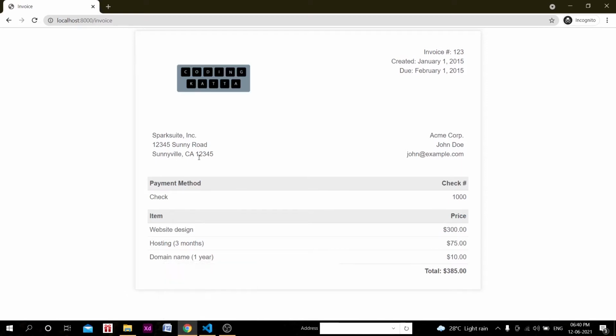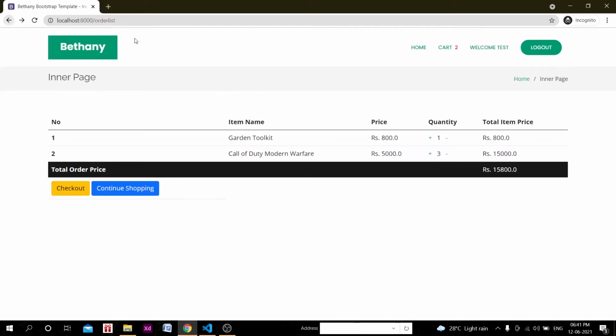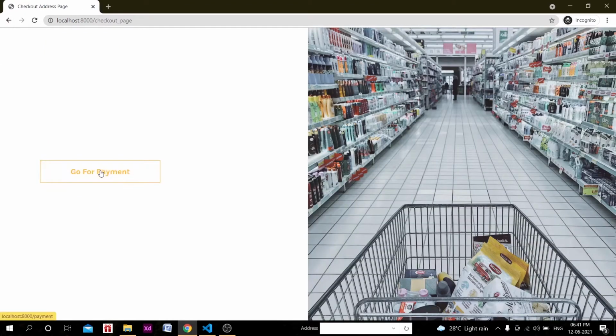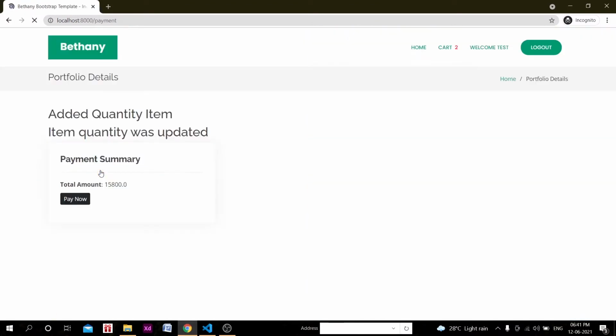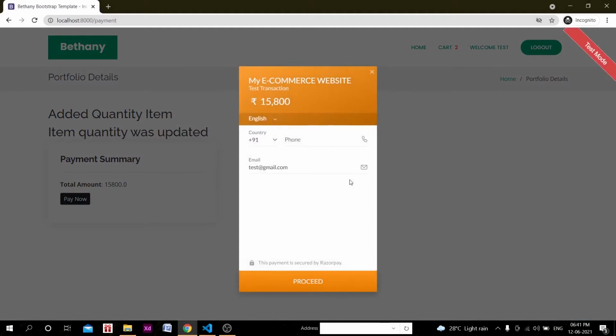What we intend to do is that all the values of that particular order of that user should appear here, right? So the invoice ID should be there, and what other things we need. After completion of any order, let's try to do that thing. Let's go to the checkout process, go for payment and pay now. We will do this thing. You know all this.